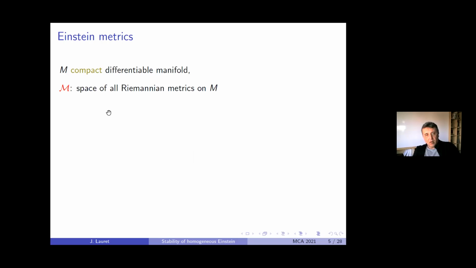You consider all Riemannian metrics together in the same set. It is an open cone in this fiber bundle,